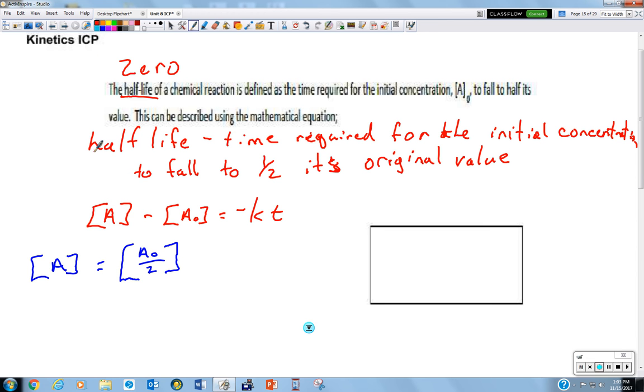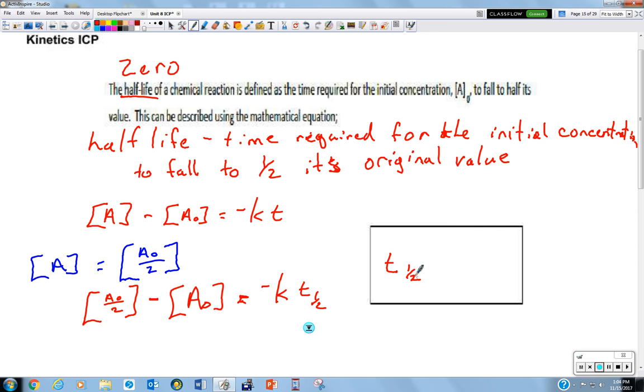So when I rewrite this to manipulate it for half-life, I'm going to say that concentration of A naught over 2 minus A naught equals negative K times half-life. And the T half just means half-life. All right, so we can further manipulate this equation to where we get this final statement that